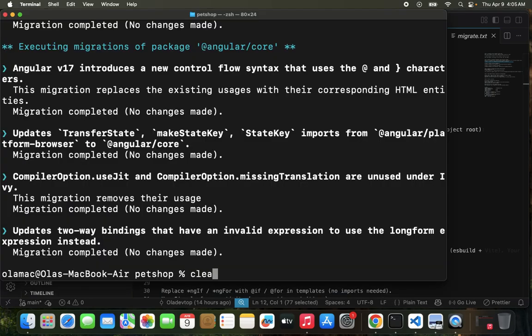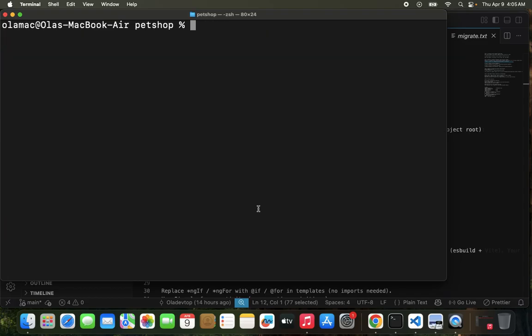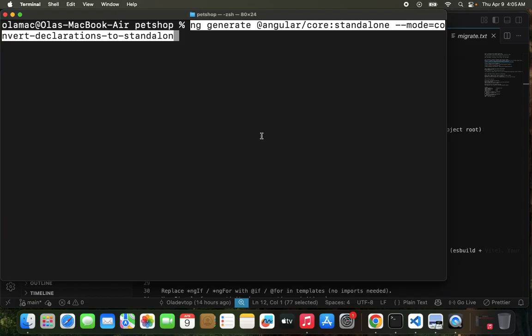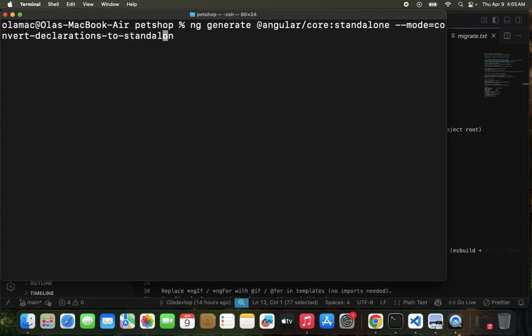I'm going to clear to make room, and then I'm going to paste this here. Now again, I'm going to prepend this with npx since I don't have Angular CLI installed globally on my machine. In your case, you don't have to do this if you have the Angular CLI. So after this, I'm just going to